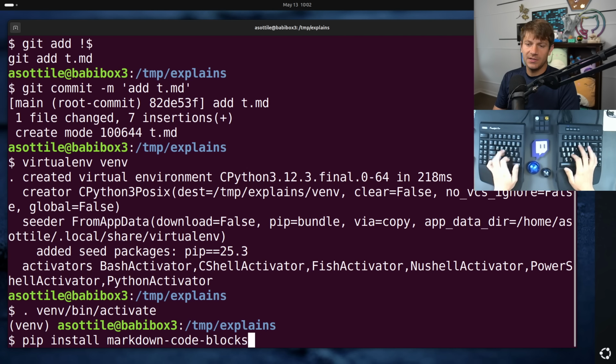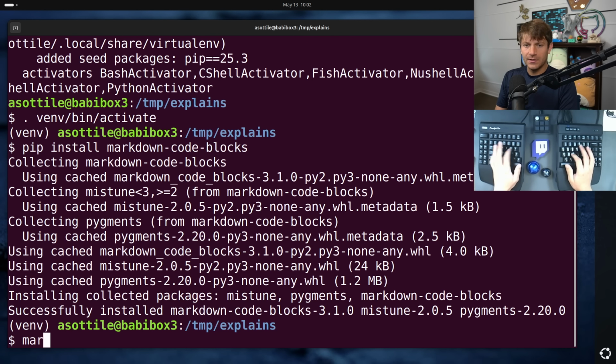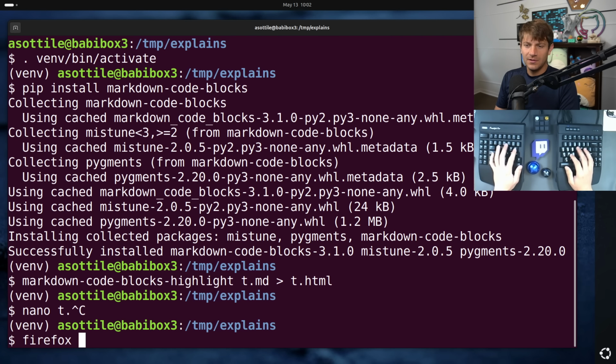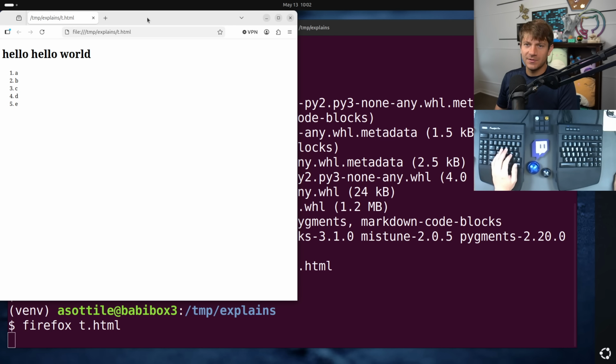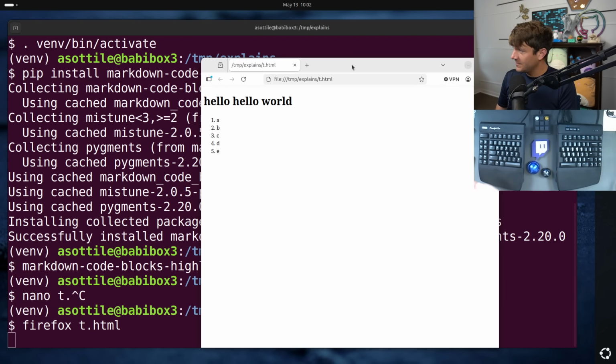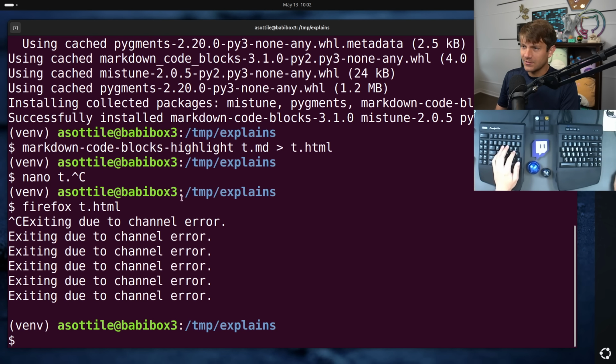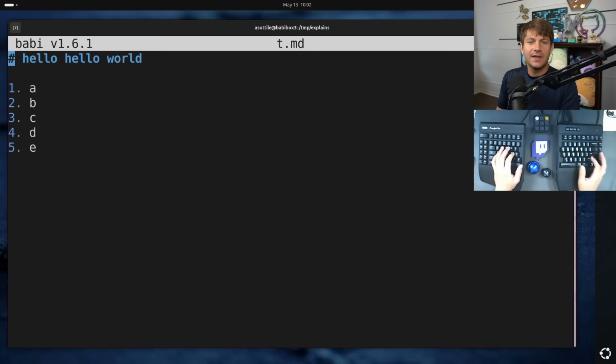Markdown code blocks. This is a thing that I wrote at some point to better render code blocks in markdown things by using Pygments. Anyway, it works. We get a numbered list and we get our little header at the top. Okay, but what I wanted to show you is, oh, I just killed the browser. Okay, that's fine. What I wanted to show you is the problem that happens when you go to edit this